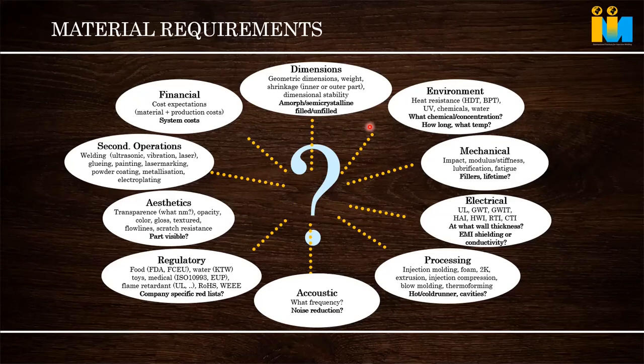Our intention is to make it crystalline, but while doing the molding, cooling, and all, we may not be able to achieve complete crystallinity. Complete crystallinity means complete stability for that material. We will not be able to make it 100% crystalline. It is a theoretical thing, so we are calling it semi-crystalline. Second, other than amorphous and semi-crystalline, there will be compounds with fillers. If it is glass fill or mineral fill, the filler also affects the dimension of the part. If in semi-crystalline materials we are not able to achieve our dimension, adding mineral fill will make it much more robust in terms of dimension.